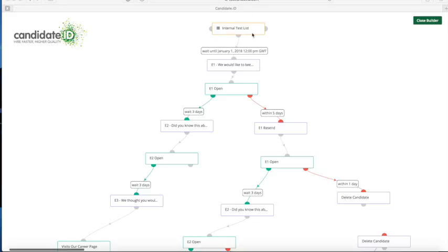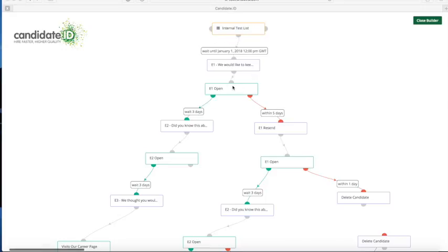So first of all, under internal test list, I've picked the candidates who I want this campaign to go to, and within Candidate.ID you can define really tight segments of candidates based on content within their profile or based on engagement with other campaigns that have been sent, and these are completely flexible and completely customizable. So I've created that segment called internal test list, imaginative title,